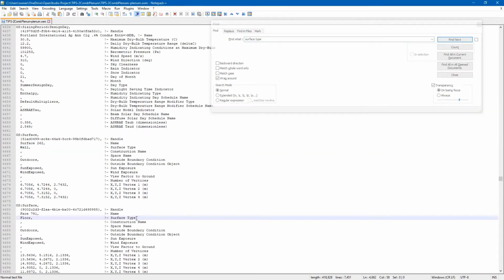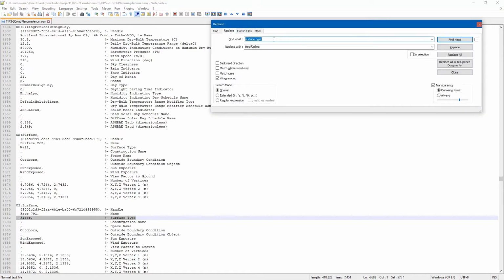So we have surface type floor here, and we're going to copy this, and we want to replace it with roof ceiling, and we'll put 1 in there as a placeholder to differentiate it from the other roof ceilings.